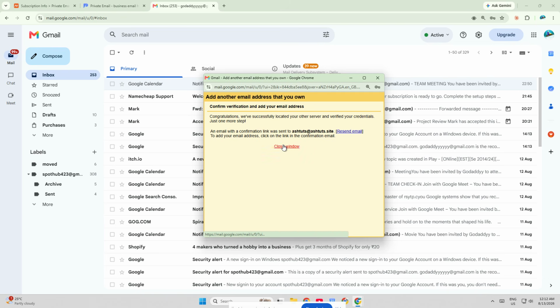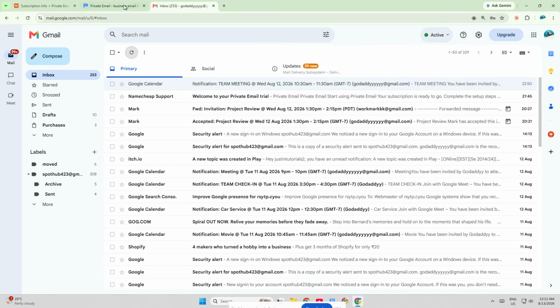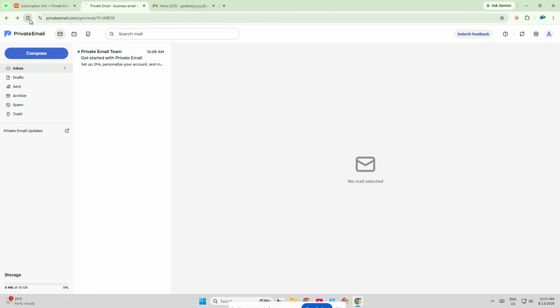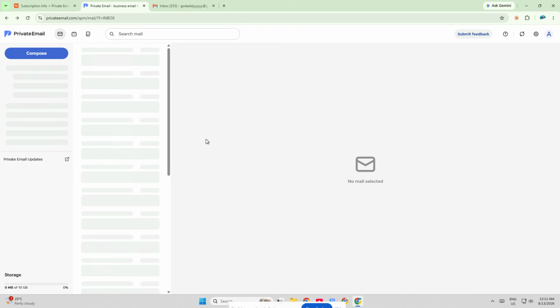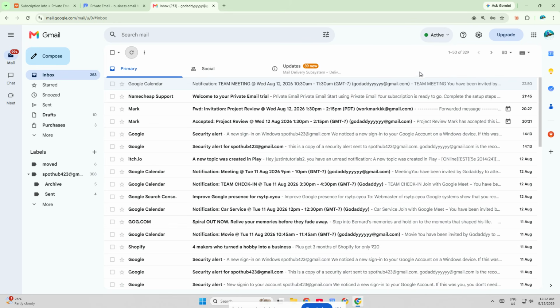You should now be able to receive emails from your Namecheap domain in Gmail through forwarding and also send emails from Gmail using your professional custom email address. This gives you the convenience of Gmail with the branding of your own domain, which is ideal for business, freelancing,